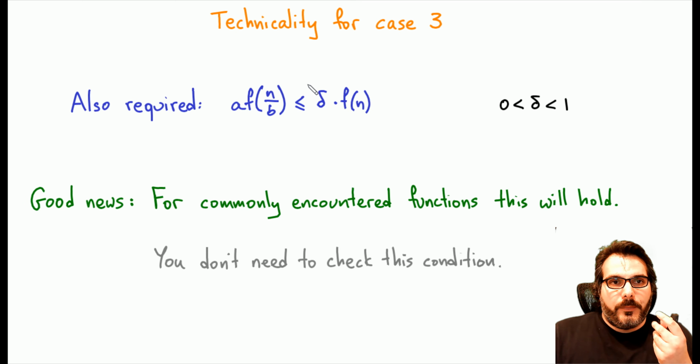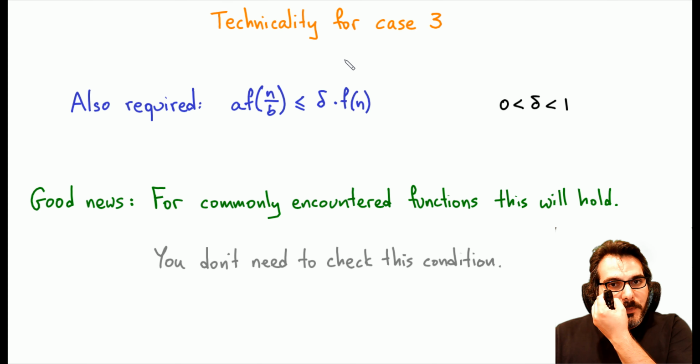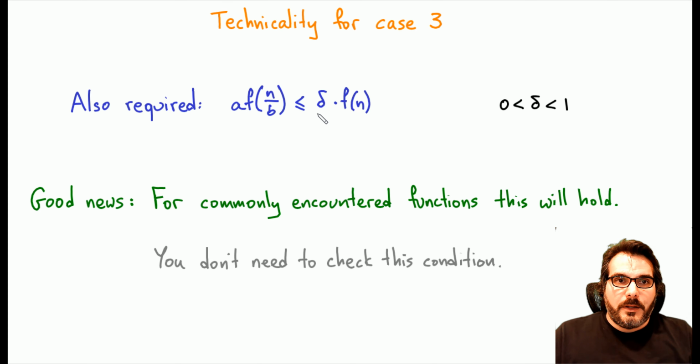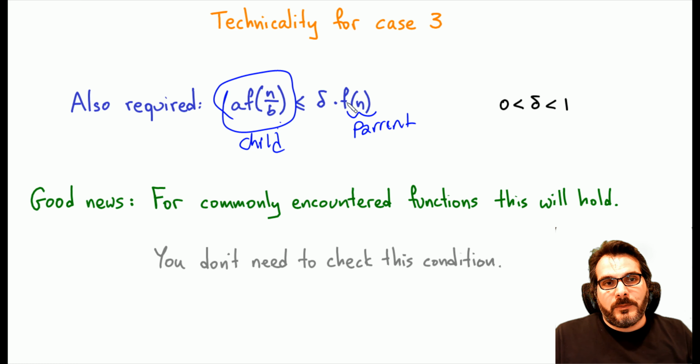So for technicality for case 3, basically, case 3 was like leaves are dominating. So the case is basically saying that the branches that you have, or like the child, we can call this one child and this one's like parent. So the child basically needs to be smaller than some fraction of f of n,